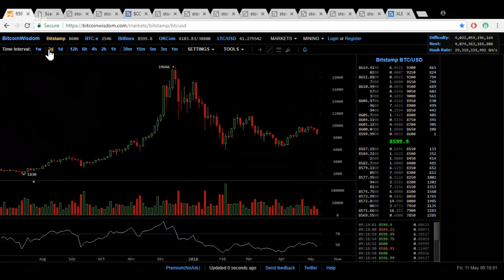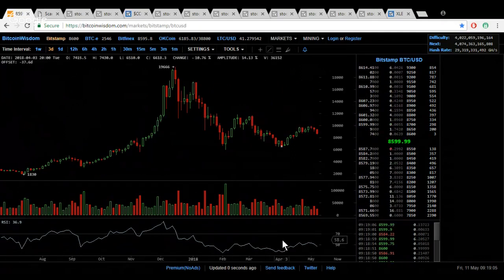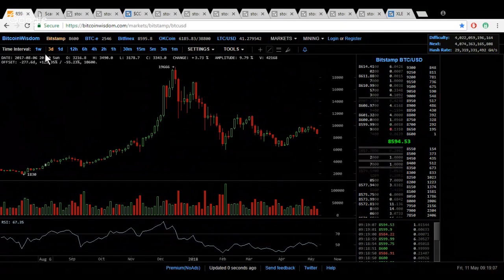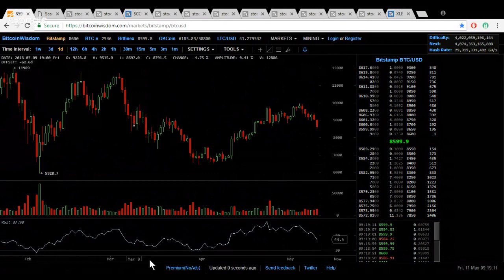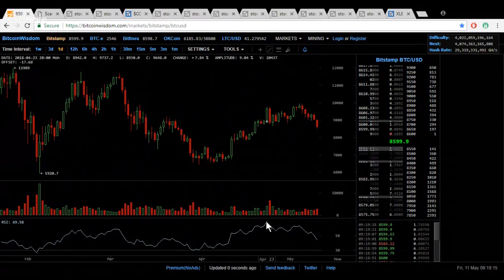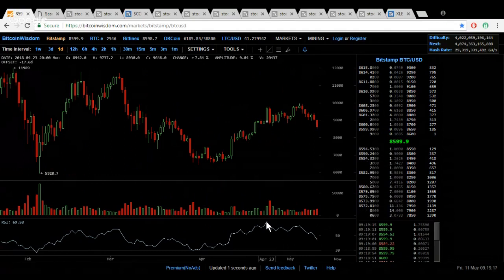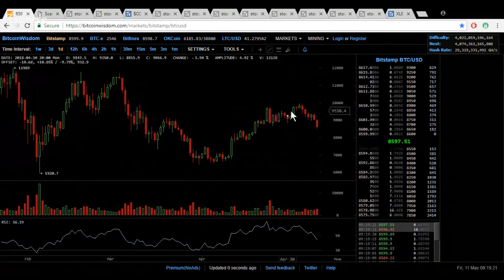On the 3-day, it got back to 50 and now it's turned back down. On the 1-day, it got all the way back up to almost overbought at 70 on this move, but price couldn't